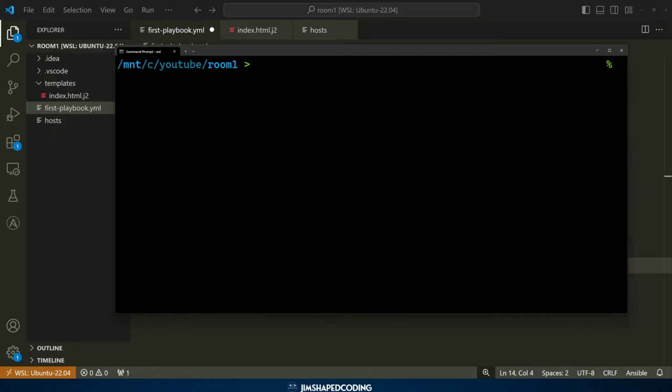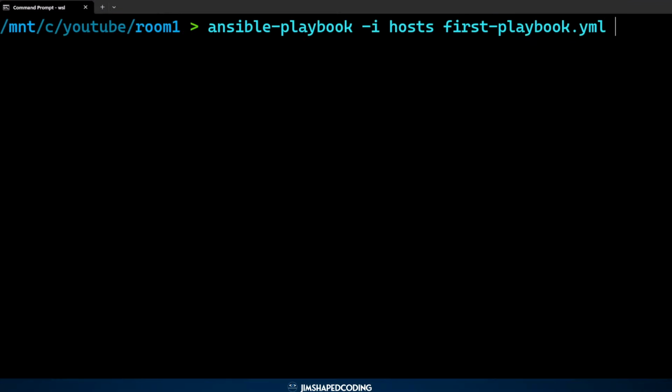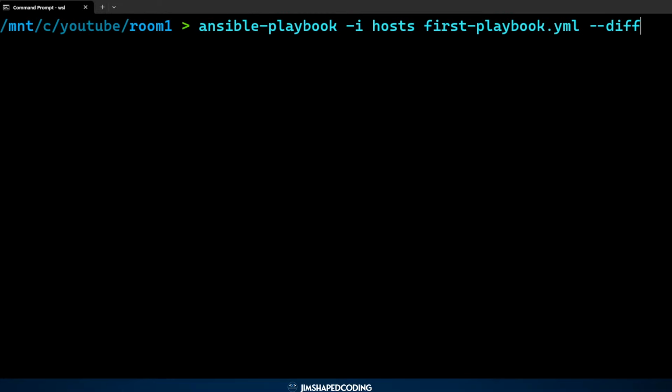Alright, so now that we understood how to template files, it is also recommended to run this with an additional flag that you can add in your playbooks. Now, if right after our playbook we say --diff, then it is going to show the difference in some cases for the modules that are supporting it. For the template module, it will always show you the difference of what existed and what is going to